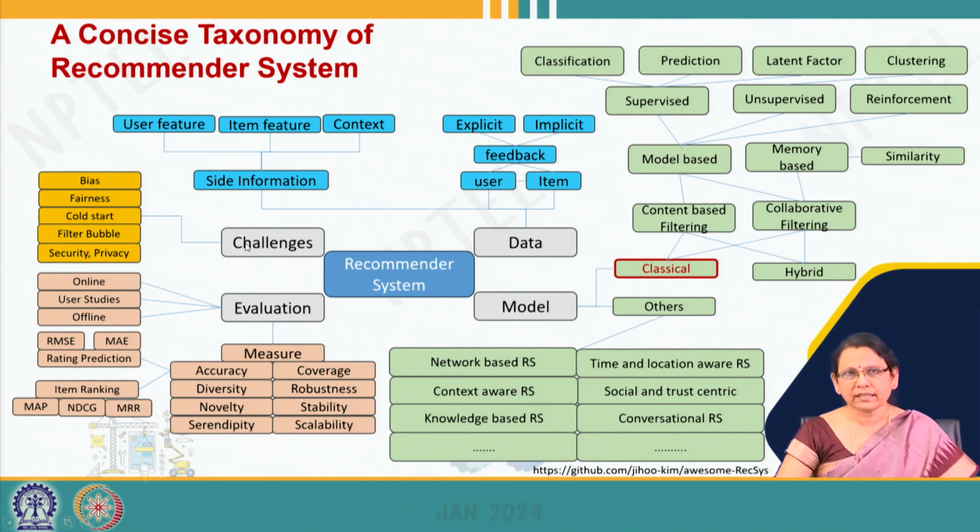And when it comes to challenges, a recommender system is a case where the data is very large as well as sparse. So, there are many challenges associated with processing this data and developing algorithms. For example, consider the cold start problem. In the case of the cold start problem, when a new user comes in or a new item comes in, providing a recommendation becomes a little difficult due to lack of data. So, it is a challenge which has to be handled by the algorithms.